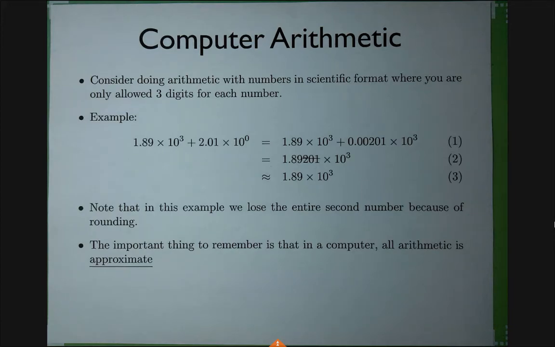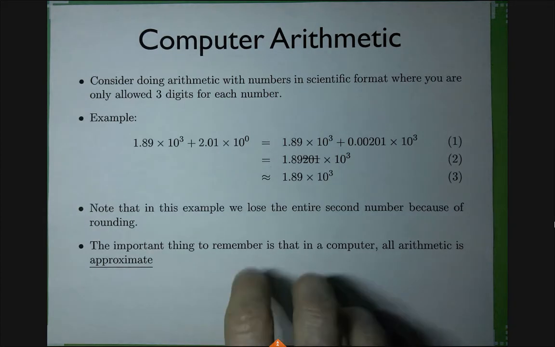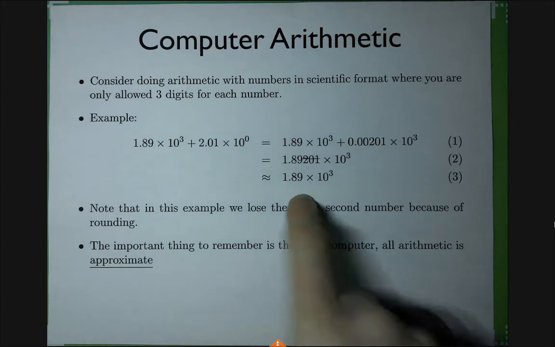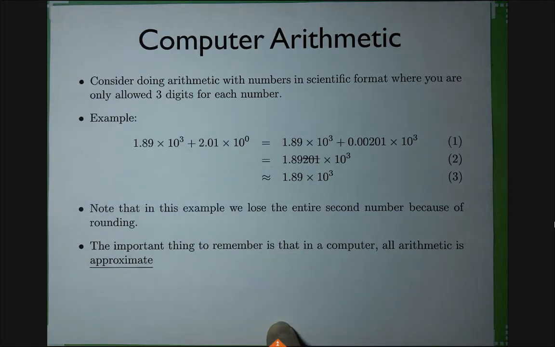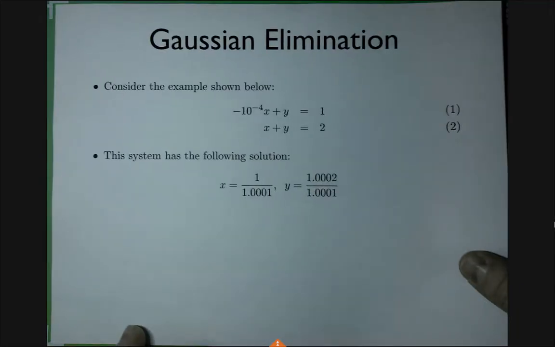So this is just a long way of saying that all arithmetic in the computer is approximate, which is fine, right? Because the errors are very small. So you would expect that the effect on the result when solving linear systems would be very small, right? The catch is that it doesn't have to be small. If you do it the wrong way, the error can actually be big. So here is an example of that.